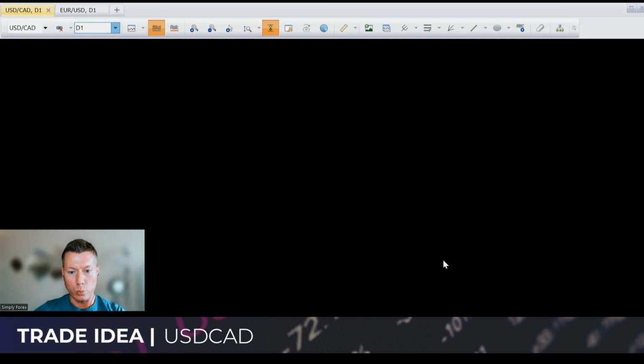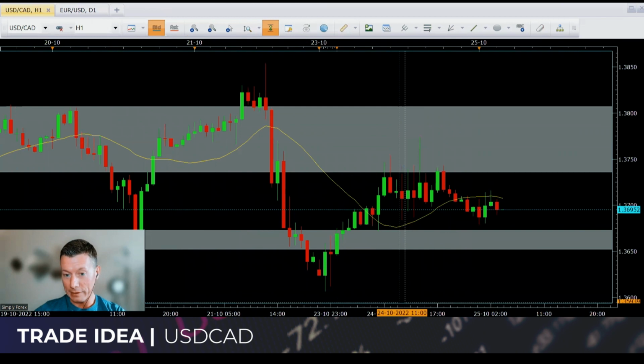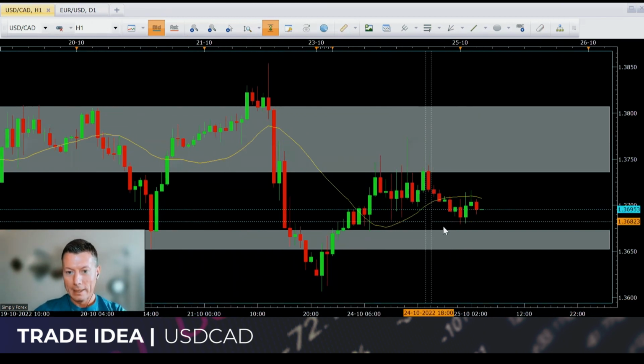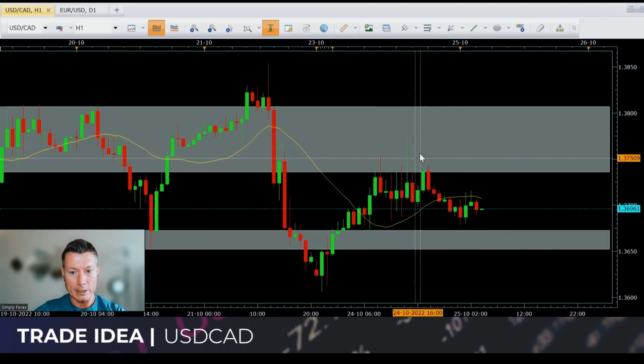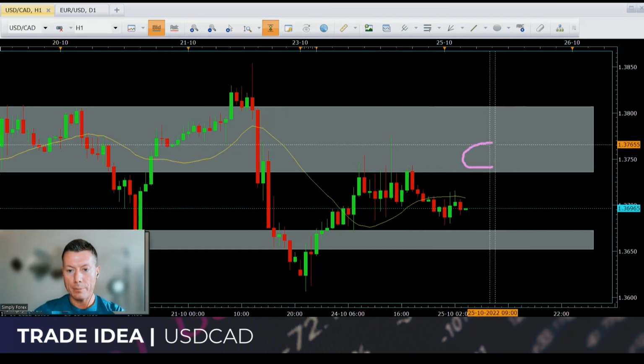So if we drop down to the H1, we will look for our execution areas, grey zones, support and resistance zones, whatever you want to call them. I've slightly refined them to take into account this action. So what could happen, guys? Remember, we're looking for short. Price could come back up, retest this grey zone, we get a bearish reaction, and then we take price lower. I would close 80% of my trade at this grey zone, and then leave 20% to run. So that's the first thing that could happen.